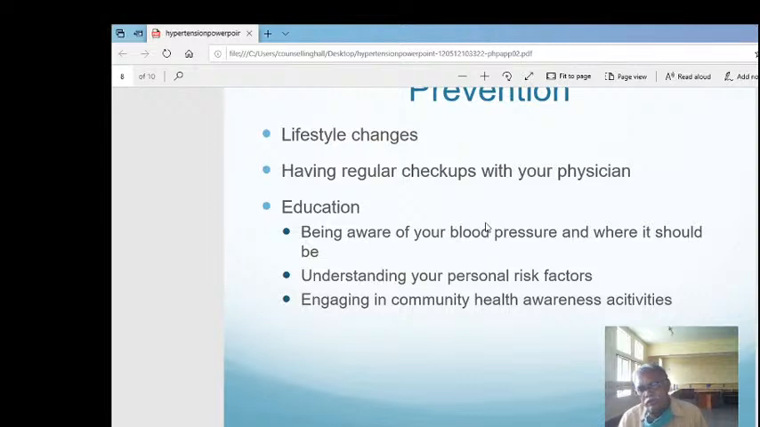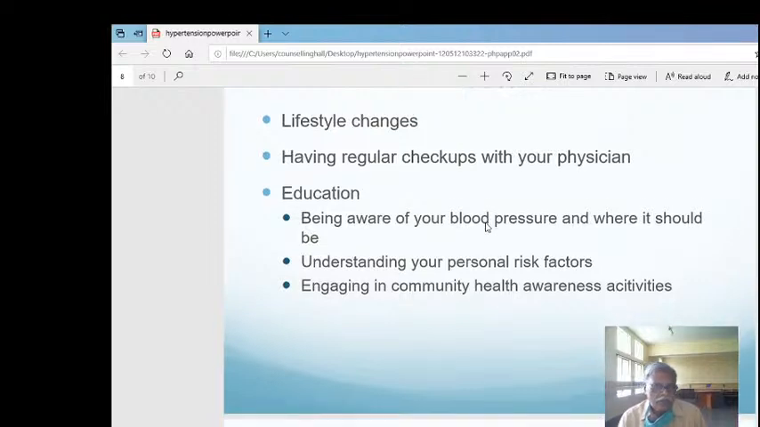atrial or ventricular ectopics. The arrhythmias monitoring is also mostly done for ectopics and supraventricular tachycardias, atrial flutter, etc. So then